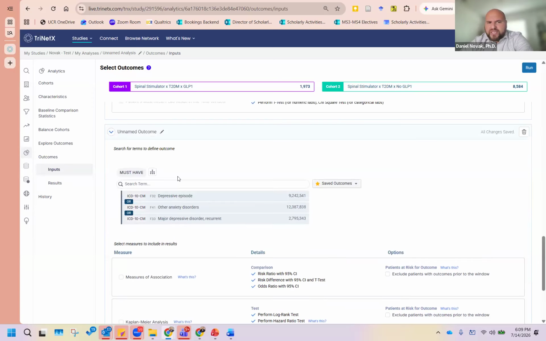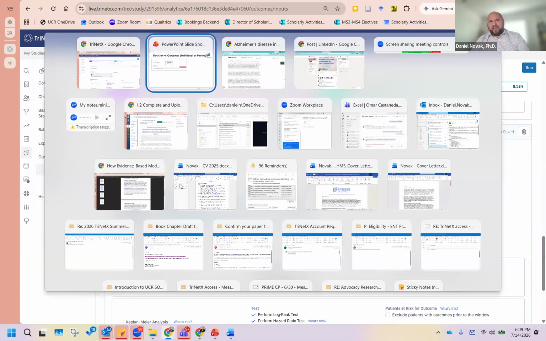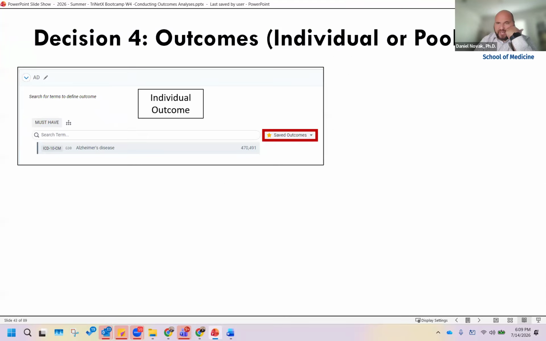So you can choose to pool these, you can do them individually, but understanding how that impacts your analysis, and being deliberate about it, is going to be very important to the validity of your study and the validity of your findings. You might find, and TriNetX won't tell you this, but you have to anticipate that some of those outcomes are going to be way more common than the